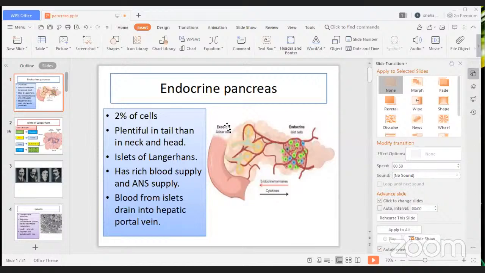What is the importance of the endocrine pancreas? Can anyone please tell me what is the significance of studying the endocrine functions of the pancreas? Is it important? Why? Because of its production of insulin and glucose. Yes, insulin is